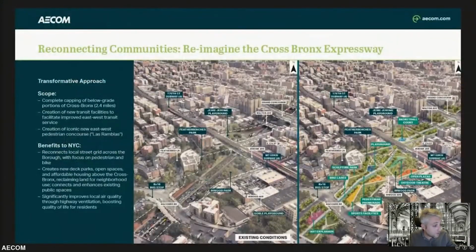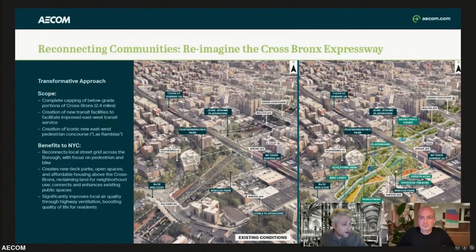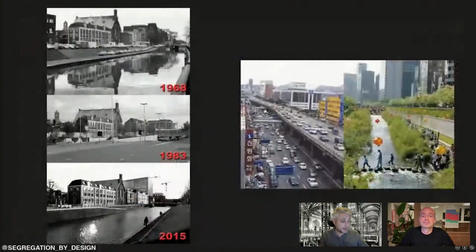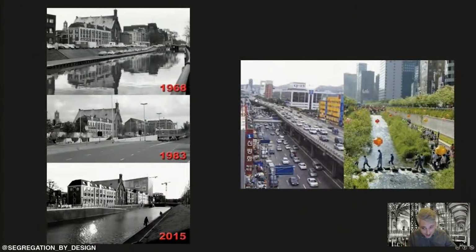So we're now trying to replicate that success in the Bronx by potentially, this is the Cross Bronx here, much of it is below grade. So one solution we're seeking is potentially building a cap over it, a series of deck parks that can potentially reconnect the neighborhood. But other countries have shown that even more